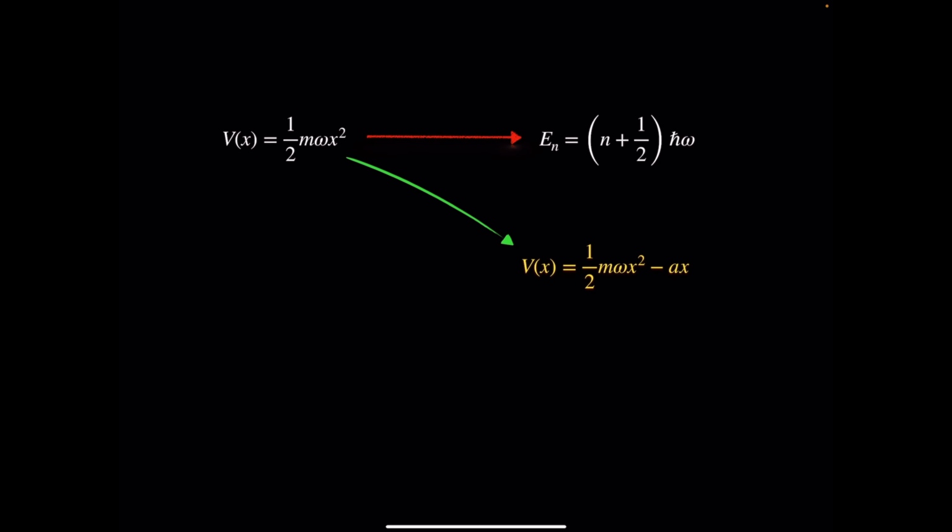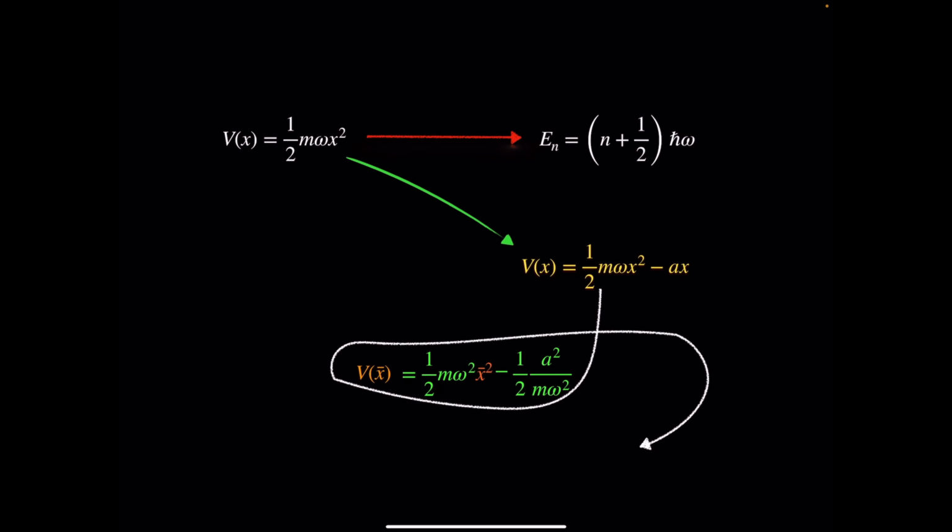Okay, so you know, if we have the potential half m omega square x square, we have the associated energy E n equals n plus half h cross omega. This is our well-known result that we all know. Now our potential is slightly changed to half m omega square x square minus ax. In the previous slide, we determined that this quantity, half m omega square x square minus ax, and sorry, I missed the square, it will be omega square, not omega.